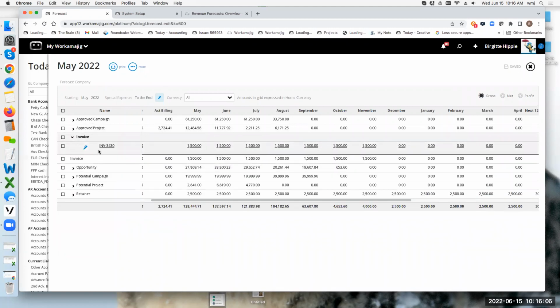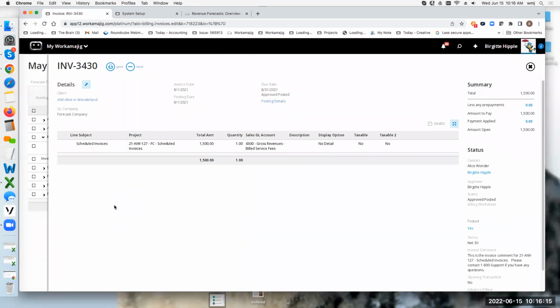I have a few clients who actually have scheduled invoices. A scheduled invoice, for anybody who's not used to those, is when I have a client that needs to be billed a fixed amount, or maybe I might change the amount a little bit each month. I might create the invoice not approved so that I can adjust the amounts. It's really just saying, I created an invoice that I needed to look in a specific way with specific accounts and specific details in it, that I don't want to recreate the wheel every single month when I have to bill this client. So instead I create the original invoice for this client and for this project, and then I go and